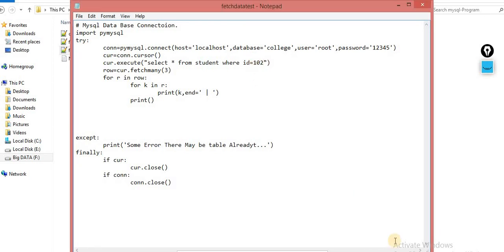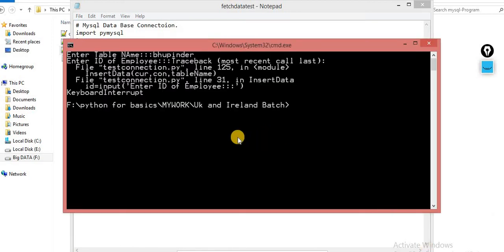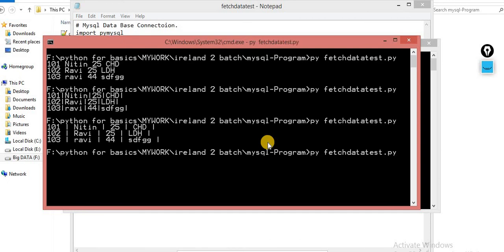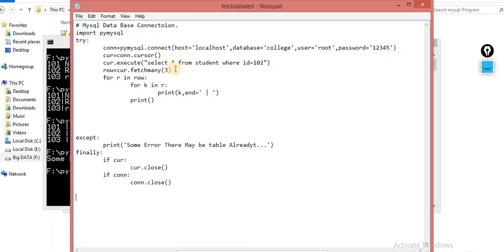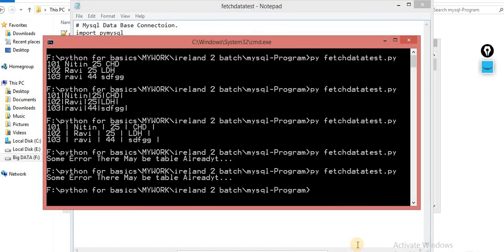So you are supposed to use this command as well. There may be some error. Select star from student where id is equal to 102, something like this. It is giving some error.